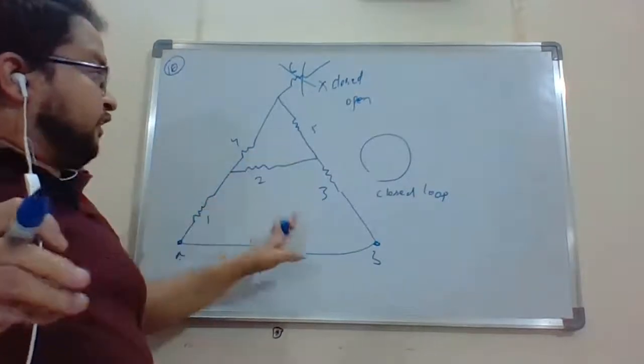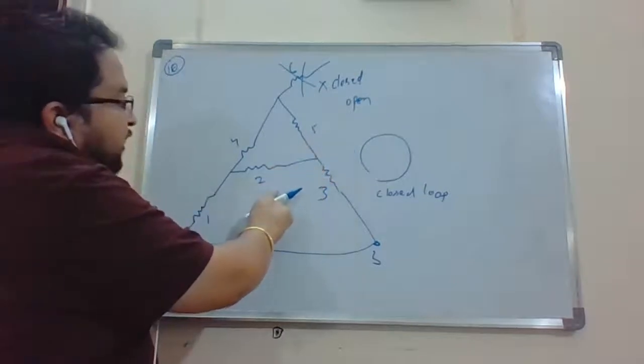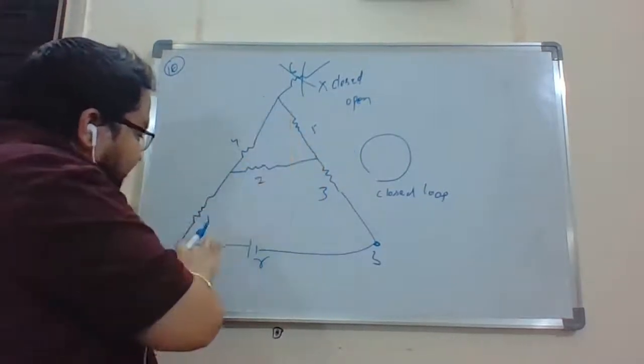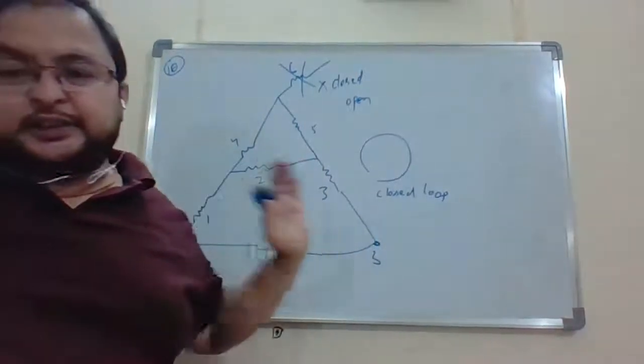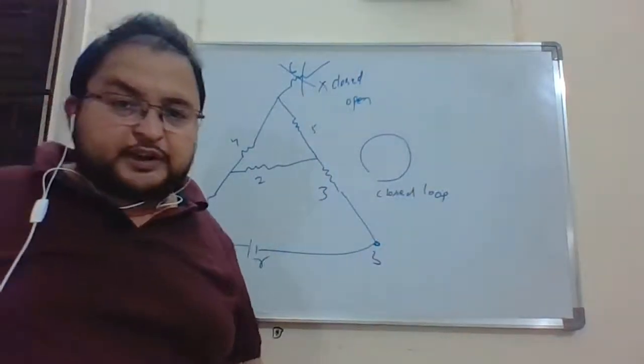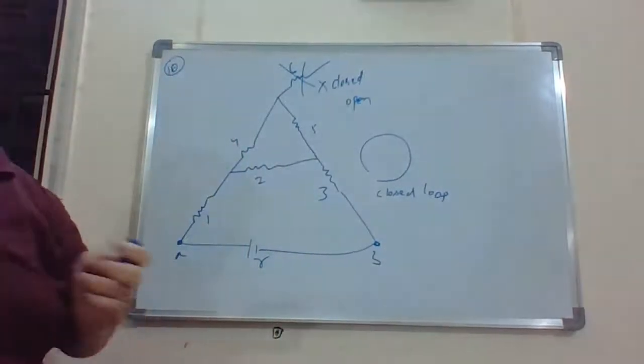And then we have seen it already earlier. 4 and 5 in series, that will be in parallel to 2, and this entire thing, 1, this entire thing, and 3, all of them are in series, and you find the answer quickly. Okay. Now let us move on to